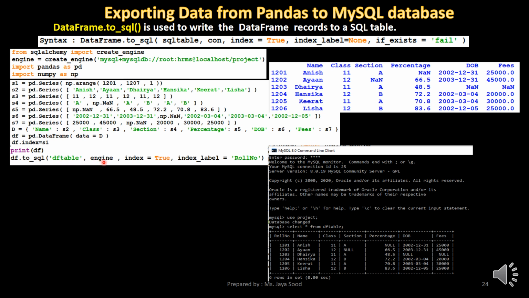Engine is the connection object. Index is set to true and the index label is set to roll number. The data frame gets exported to the SQL table named df_table, which can be seen here in MySQL.